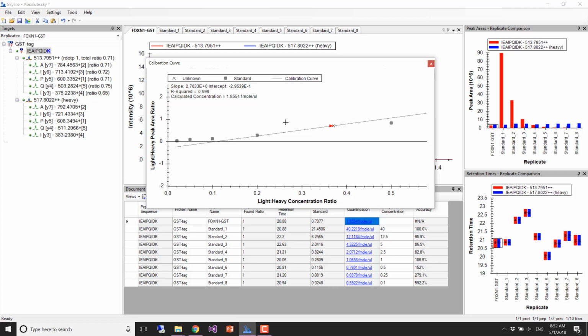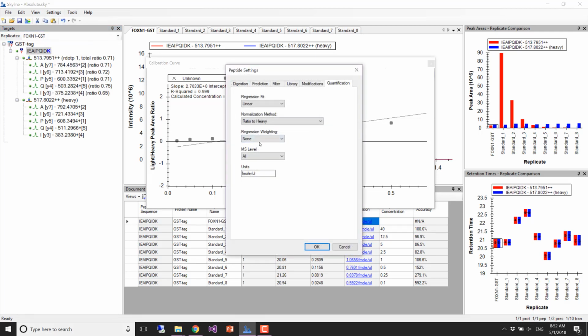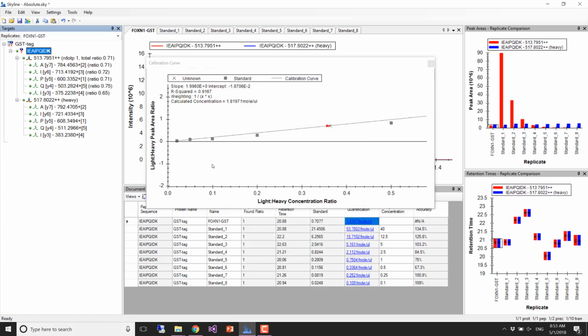Okay, so one thing we could try is, with normal weighting for linear regression, it's going to overweight the really high concentrations, so they're going to provide most of the weight. So what we might go try is peptide settings, and now we could set the regression weighting to 1 over x squared, which is another commonly used value. And if you click OK, now you can see that the lowest concentrations come in within 15%, but we lose a lot of the upper concentrations. There's still some that come in within 15%, but our highest concentration now is